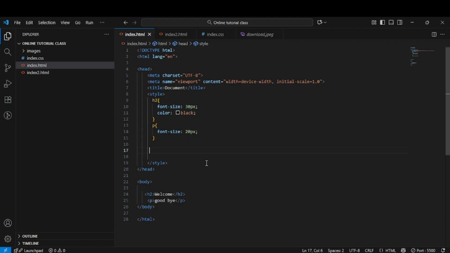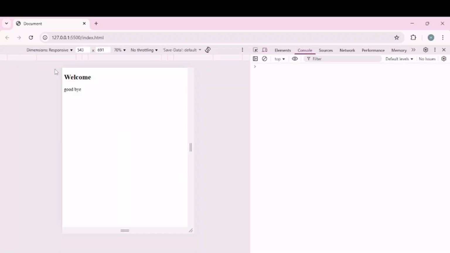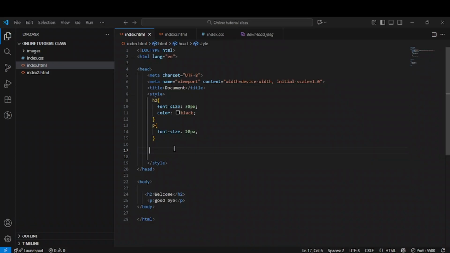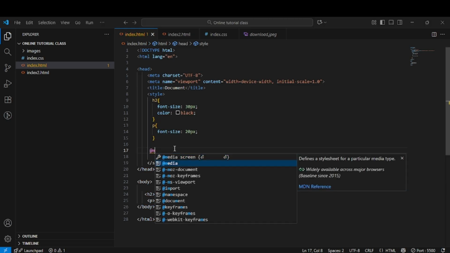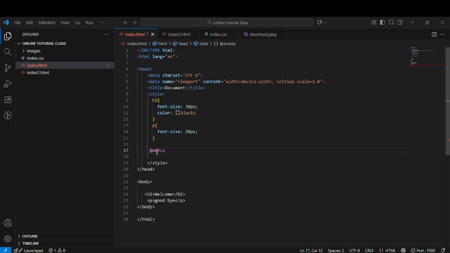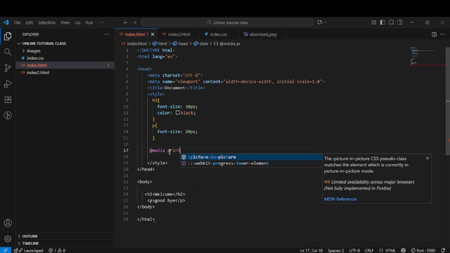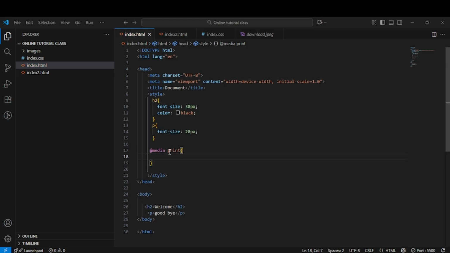So over here in my browser, I have my H2 element and my P tag. So I can decide to include my media query. So here is the @media rule. So I can say @media, then when I talk of print, the print screen. So you can have something like